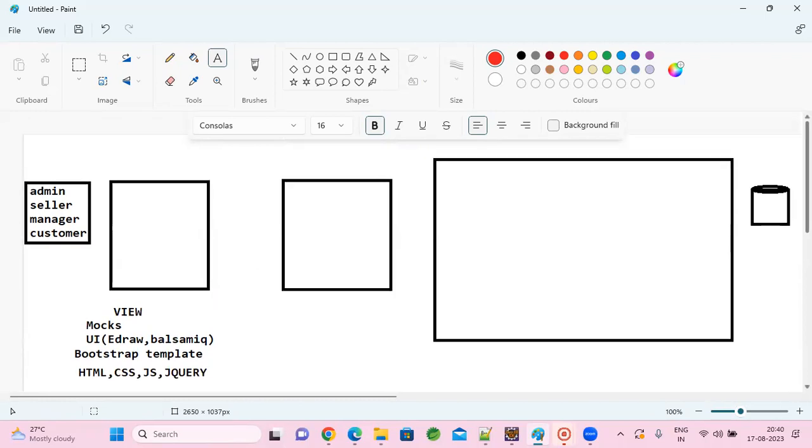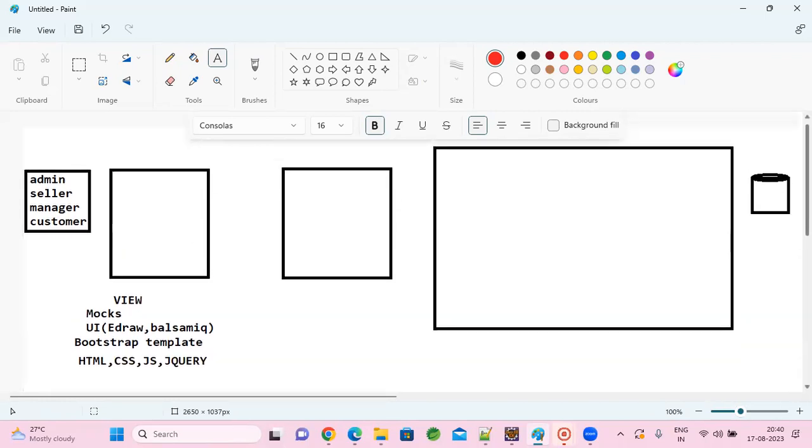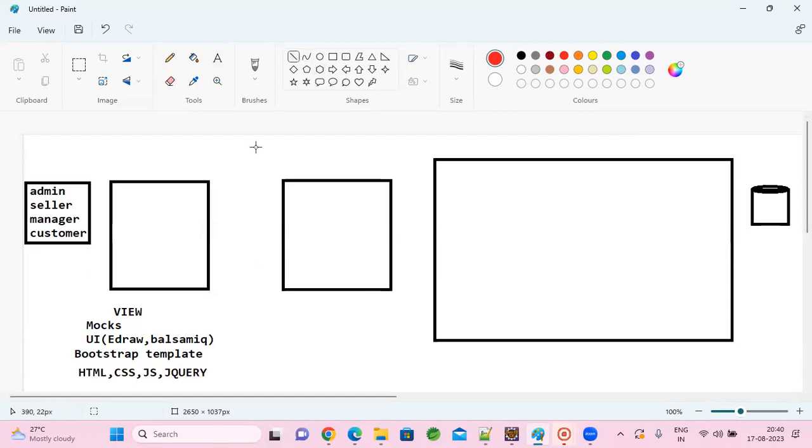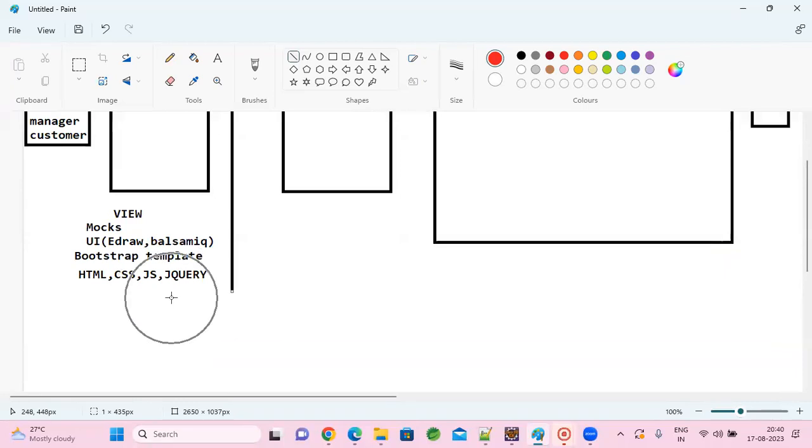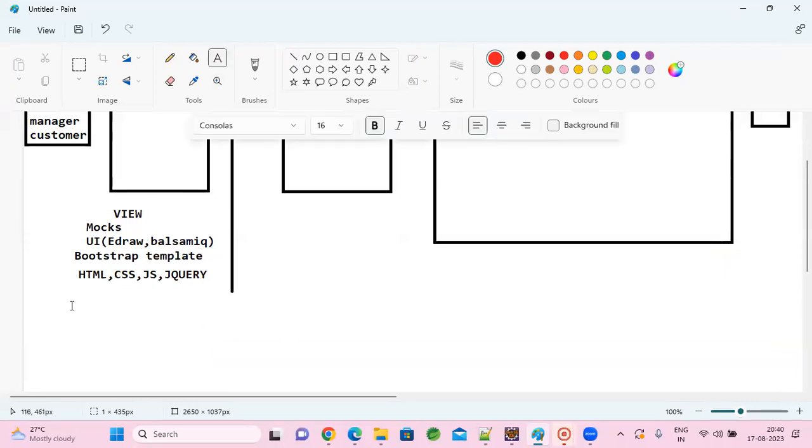Once we are done with the front end, we move to the back end part. This complete back end will be on your server. The front end we will be deploying in Git pages, which is open source. You can use it free of cost. In Git pages, you can deploy your front end code.